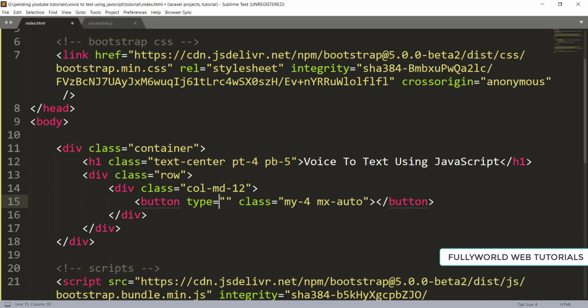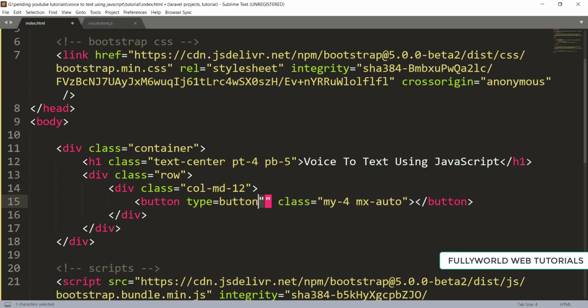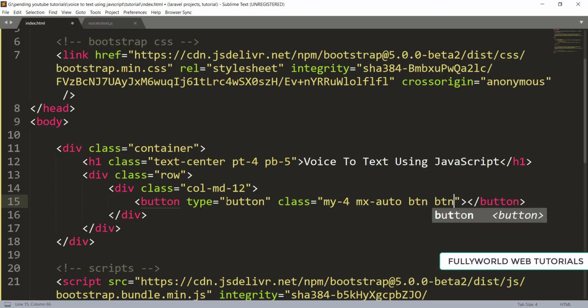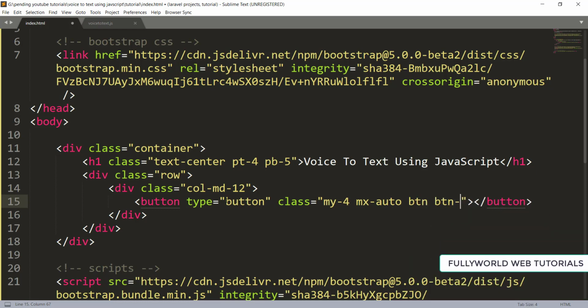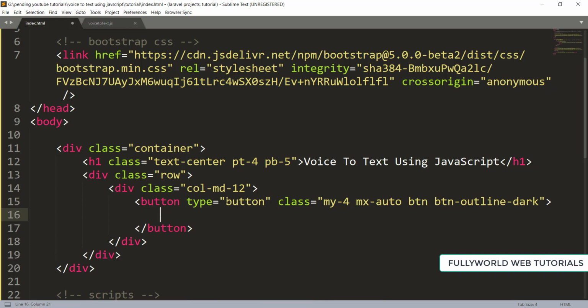Here the type will be button, because by default its type is submit. Its class will be btn btn-outline-dark, and under this button I am going to write Start Recognition.